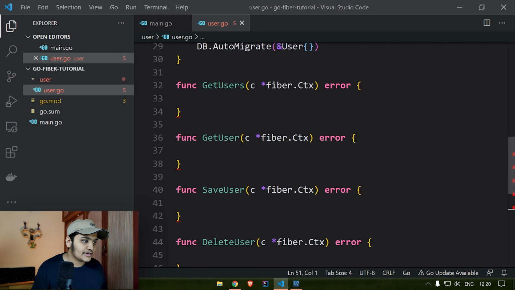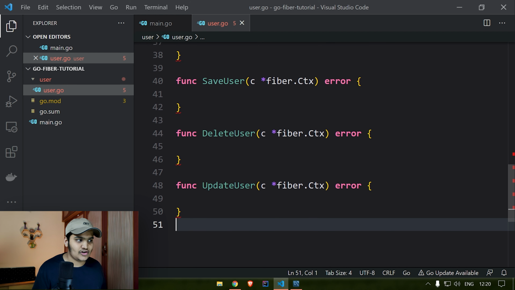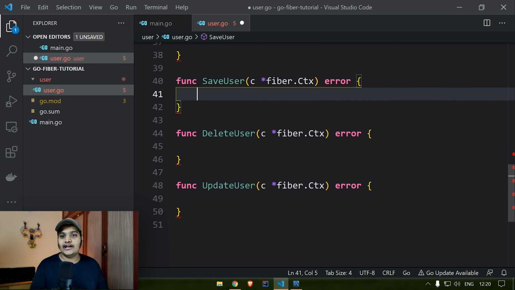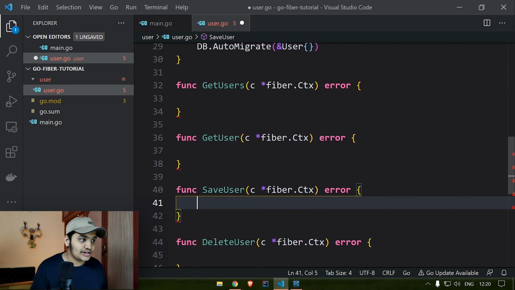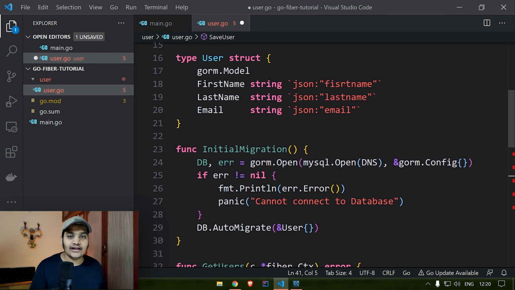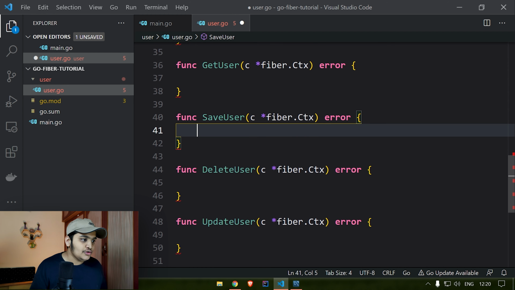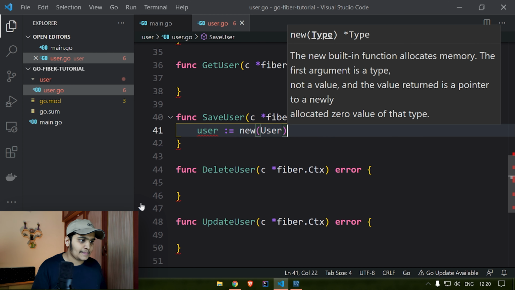Okay, so first of all, let's go with the save one. Whatever request you make, you will pass the data from your body as a JSON object, and we need to convert that JSON object to the user struct that we have defined over here, so that we can save it to our database. So here we will create the user object equal to a new user.